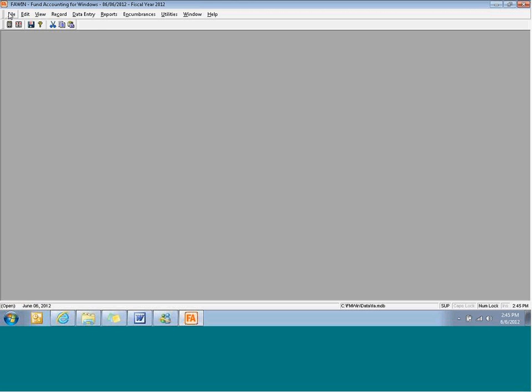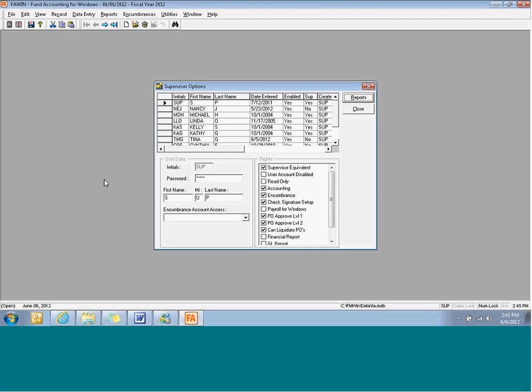Now I'll show you the bells and whistles with supervisor options. If you have several people entering and taking care of purchase orders, they will all have to be set up in supervisor options. You might have somebody at the unit office doing all of this. You might have just one person. You might have somebody in the district office entering purchase orders and liquidating them. Whatever your setup is, you might have